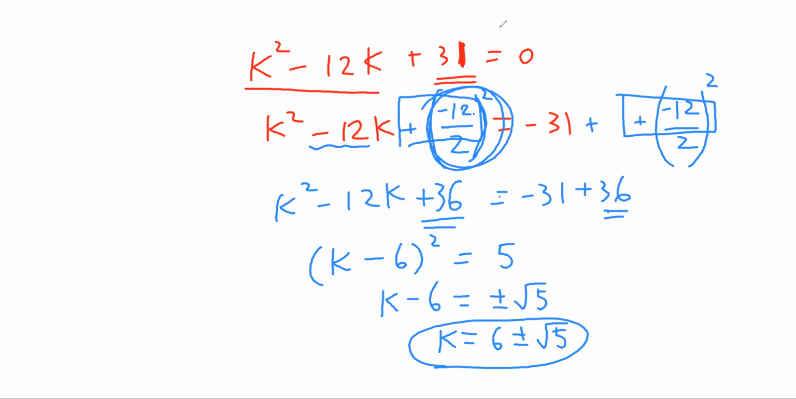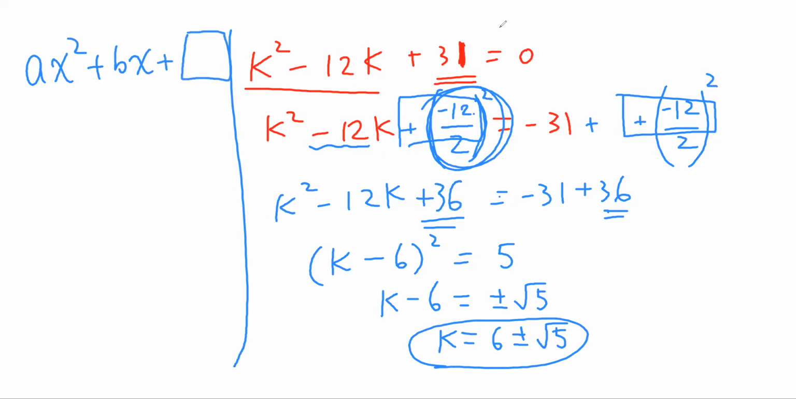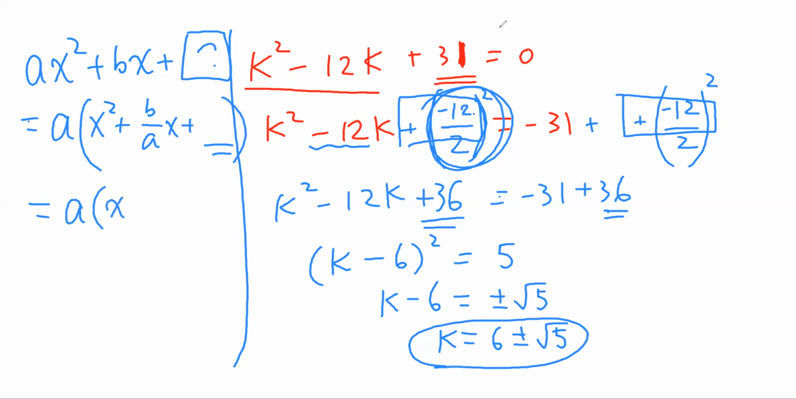All right, let me write a general method. So if you have ax squared plus bx, find this term. All right. The first step is we take the a out. Take the a out. So b over a. We don't know what the third number is here, all right? I don't know what this one is. So how do we make it a perfect square? We need to